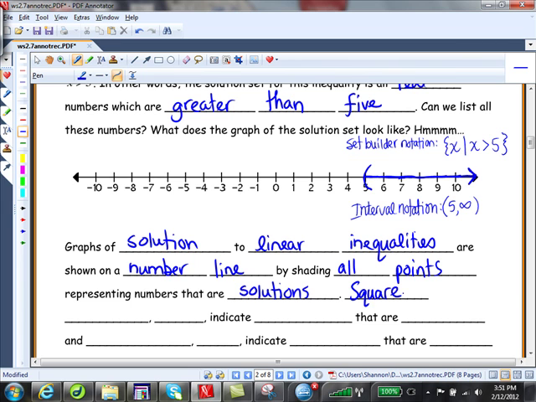Square brackets like this indicate endpoints that are solutions,